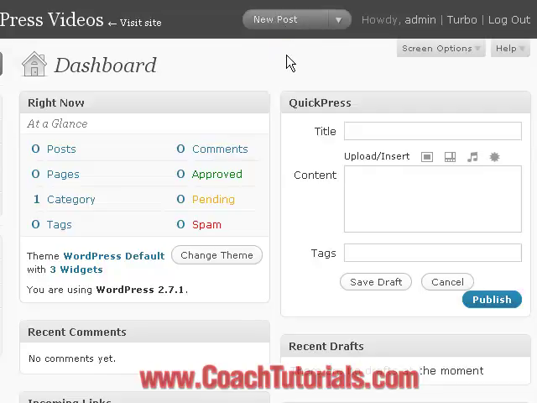Now, if your posts are very short, you may want to enter the content directly using the quick press function here. You can just enter your title, put in the content and enter some tags, and you can also upload some images or media, and you can either save draft or you can publish the WordPress post. But this quick press function is mostly for very basic posts,